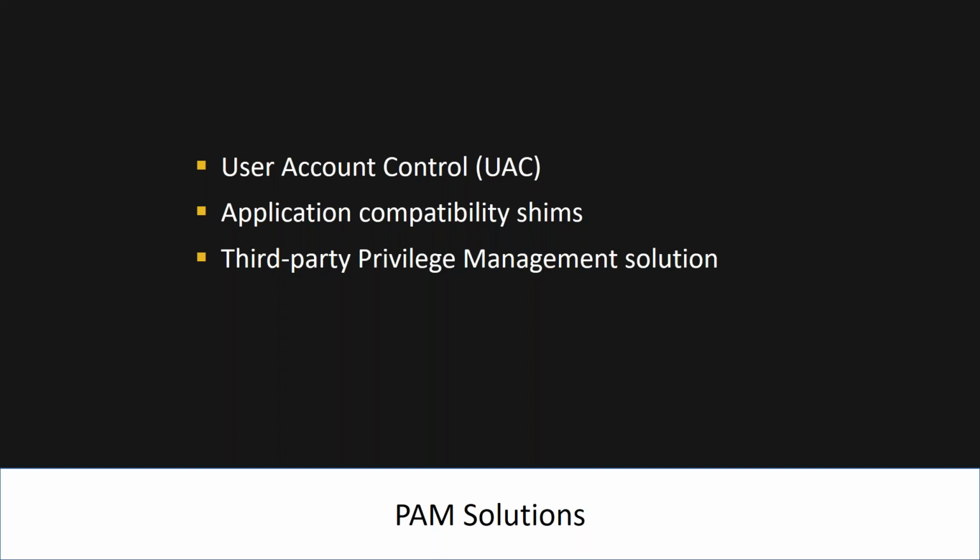You've also got the Application Compatibility Toolkit for those difficult applications that don't like standard user accounts. It's a free download from Microsoft, and you can use it to apply application compatibility shims to your devices. Basically, what those shims do is trick the application into thinking that it has more rights than it actually has. And then, of course, there are third-party privilege management solutions, which make the whole thing a lot easier,